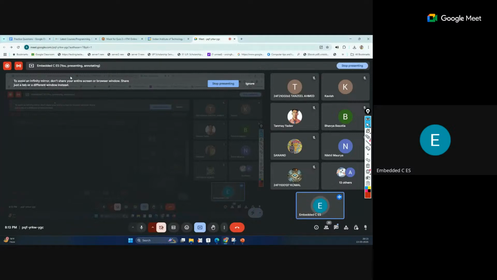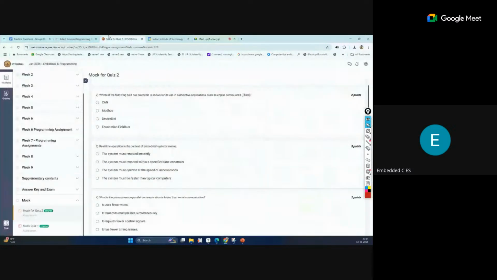The others are mainly used for industrial automation. Modbus is used for industrial automation. Same with DeviceNet, that is also used for industrial automation, and Foundation Fieldbus is also used for industrial automation, like oil, gas, and manufacturing devices. So the CAN protocol is basically used in applications like engine management, anti-lock braking system in vehicles, airbags, and power train control.